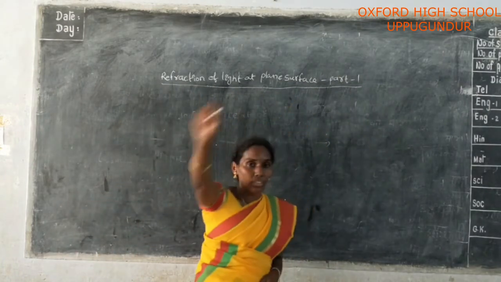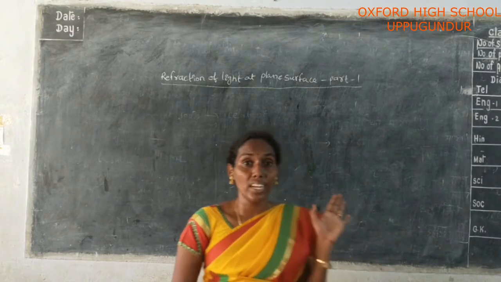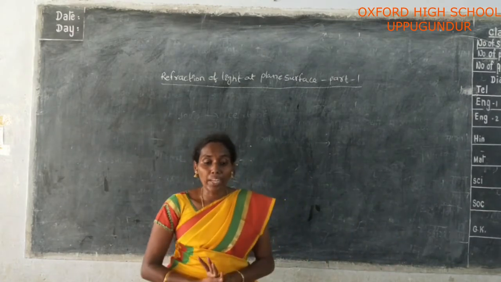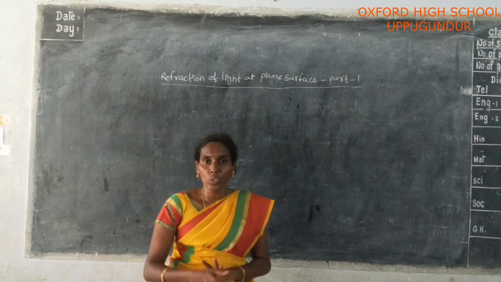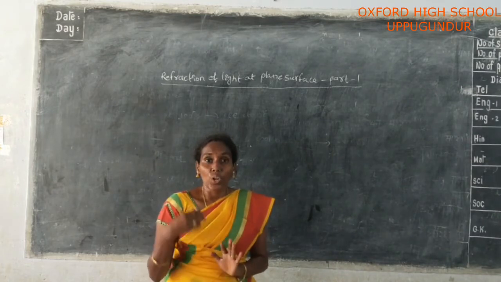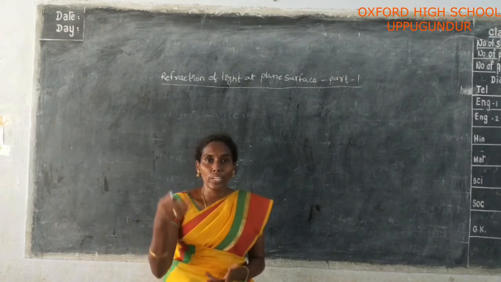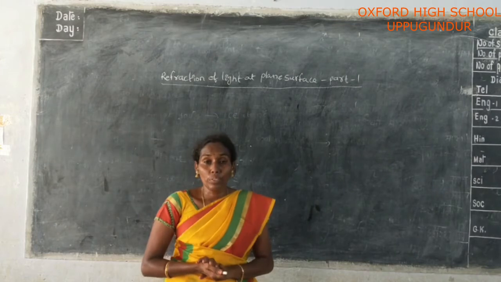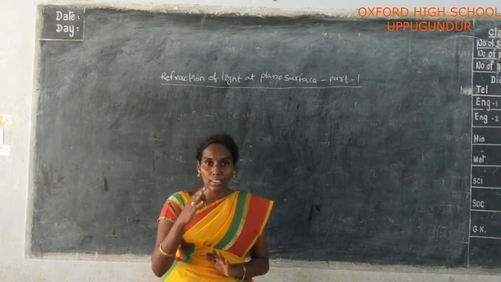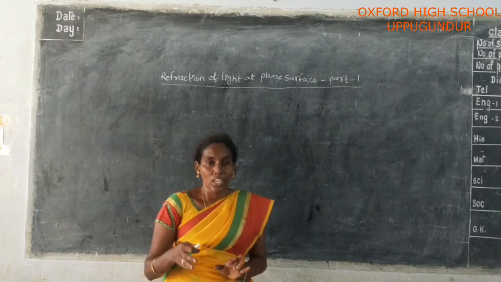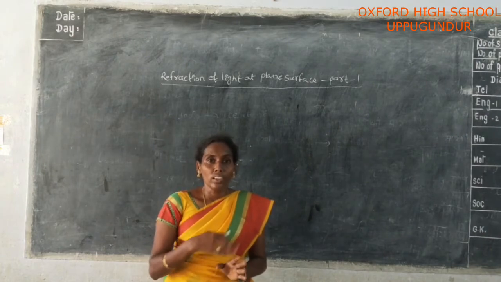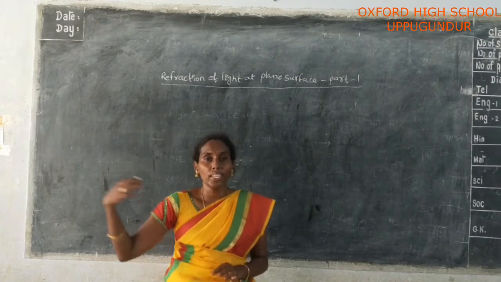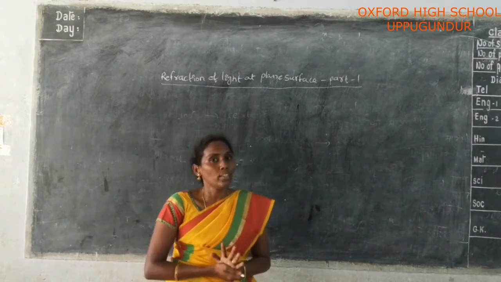Now see the examples. These are all the examples for understanding the concept of refraction. Here, why is the pen bent when it is dropped into the glass of water? And next, why did the size of the lemon increase when it is dropped into the glass of water? And next, what you have to observe, the coin appears raised. What is the reason behind this? These are all regarding refraction. What is refraction and what happens when light rays travel from one medium to another medium?